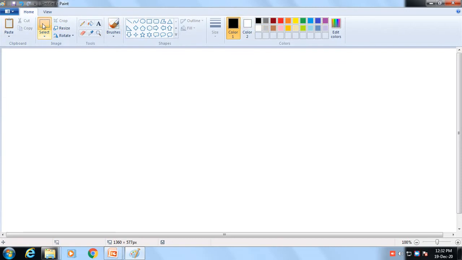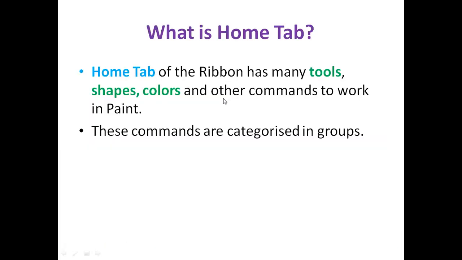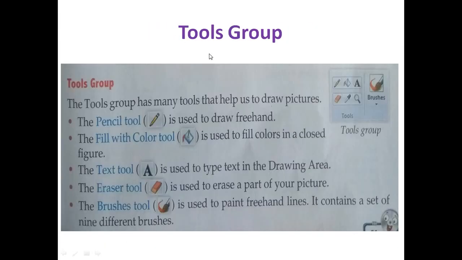These commands are categorized in different groups: clipboard group, image group, tools group, shapes group, colors group. Fine. Yes. Tools group.